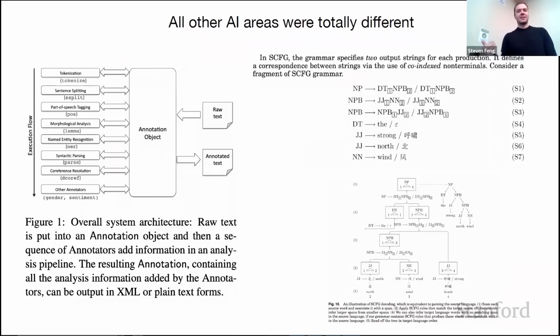And worse than that, every single field, every single chunk of AI, had their own completely separate vocabulary that they worked with. If you go to NLP papers, those papers would be completely different. You're reading the NLP paper, and you're like, what is this part of speech tagging, morphological analysis, syntactic parsing, co-reference resolution? What is NP, VP, JJ? And you're confused. The vocabulary and everything was completely different, and you couldn't read papers across different areas.